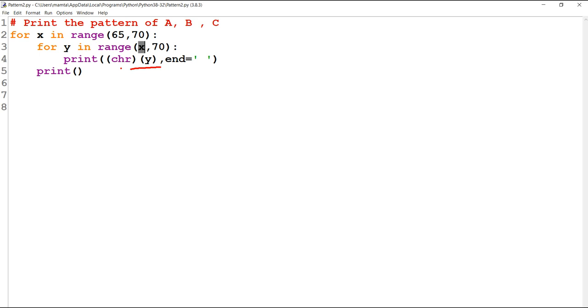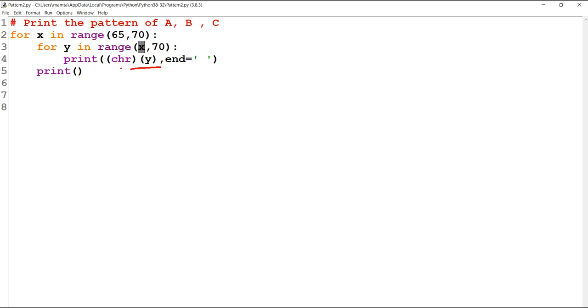There is another way of doing it also. The same program can be done in various ways; your logical concept should be clear. And the code should have fewer lines, fewer variables. Try to do it that way. Otherwise, every logic is accepted. So Y is 65 and the character value of 65 is A. Then Y's value will be 66 and the character value of 66 is B, and so on.